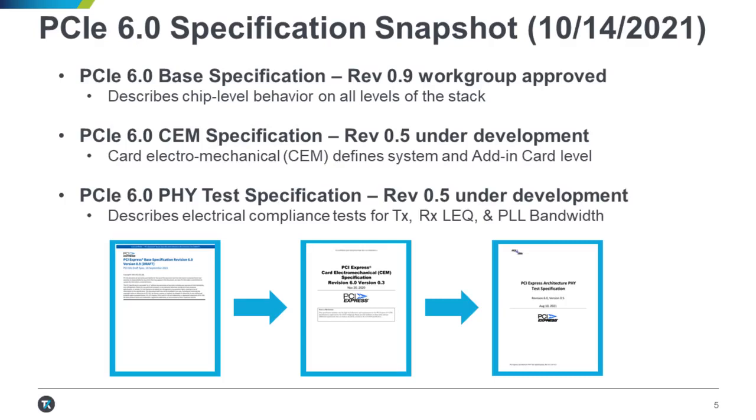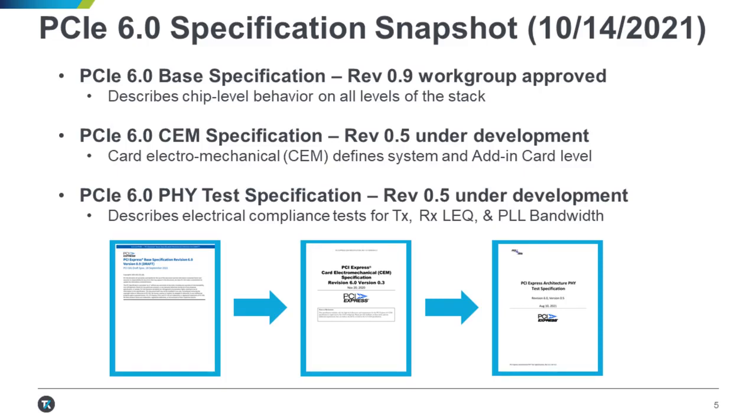So it's the first spec that we see, and then from there we start to see system level form factor specific specifications come out. CEM is always the first, or it has been historically, and we are seeing a tighter coupling with this spec, also with test specs following that base spec. So that CEM spec is being developed at a Rev 0.5 level,